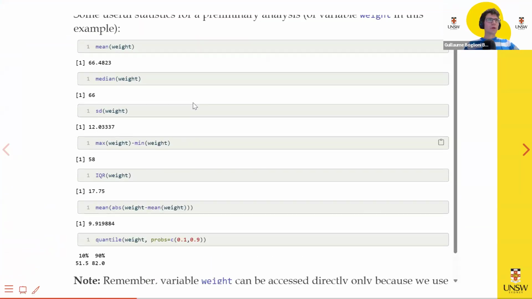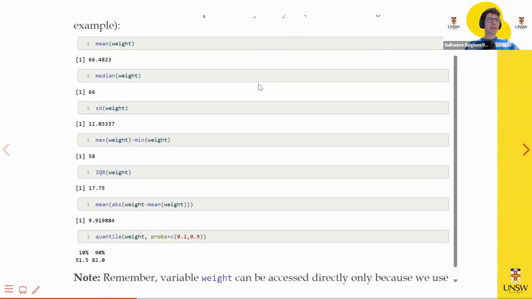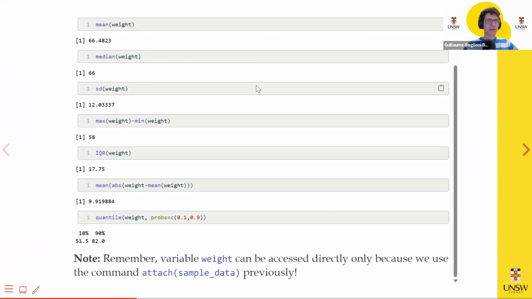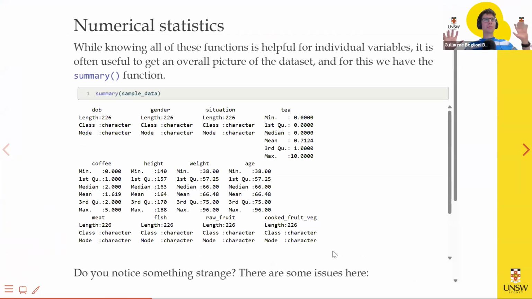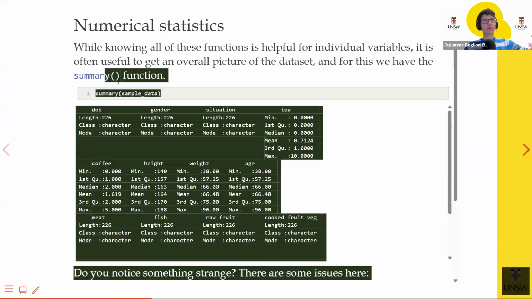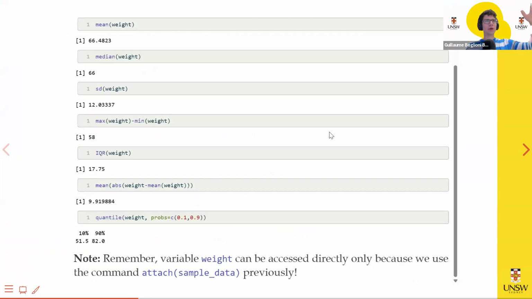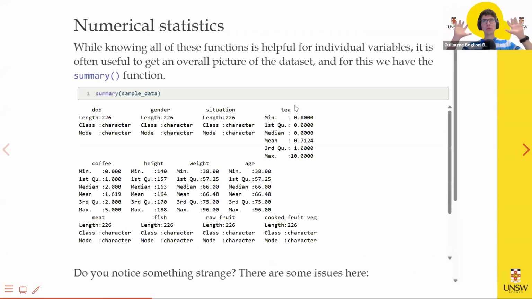And I believe that's it for those relatively simple statistics that might be useful for you if you're analyzing the variable weight. But now, maybe more useful is the function summary. So all of those things are nice, but those functions, you apply them to a specific variable. Summary gives you a sort of snapshot, a summary of each variable in your data set, which is quite nice. Maybe in the first step, before you do more complicated data modeling, you want to have a summary